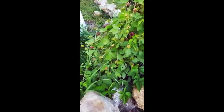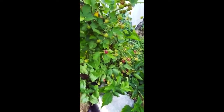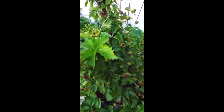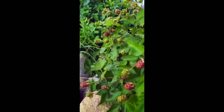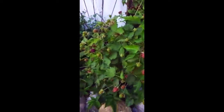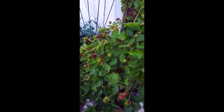And these are the boysenberries that I'm watching. They go from green to red to black. So I'll pick some every day, put them in a baggie, stick them in the freezer. Next day, pick more, put them in the baggie, stick them in the freezer. Then, at the end of the season, when I'm done picking all of my boysenberries, all of my blackberries, everything else,